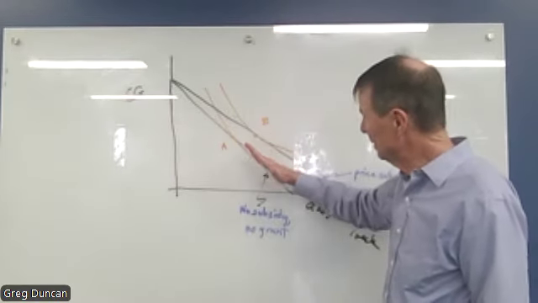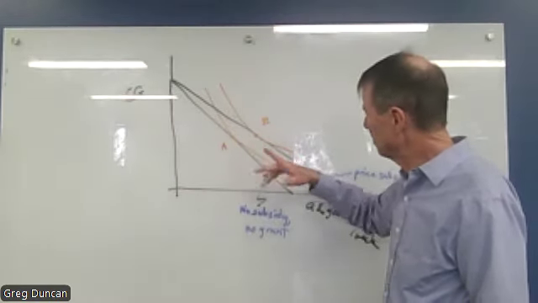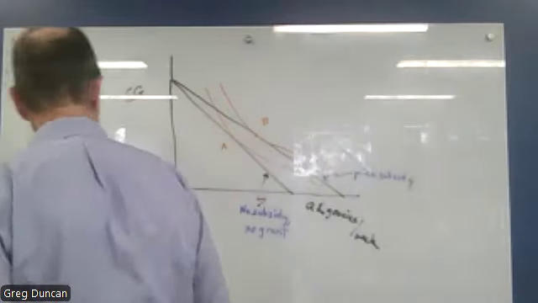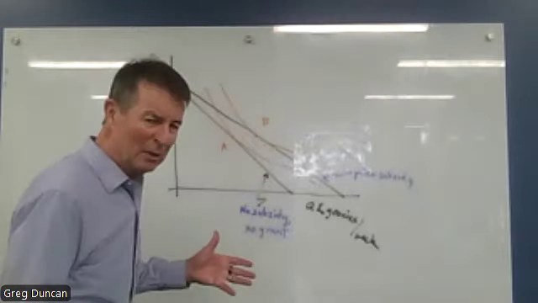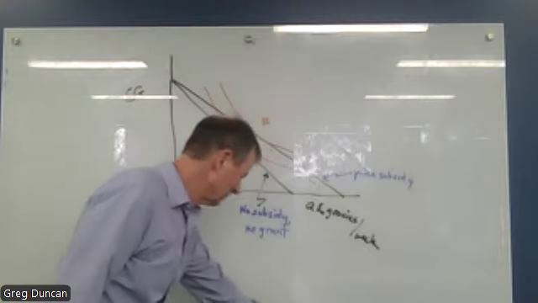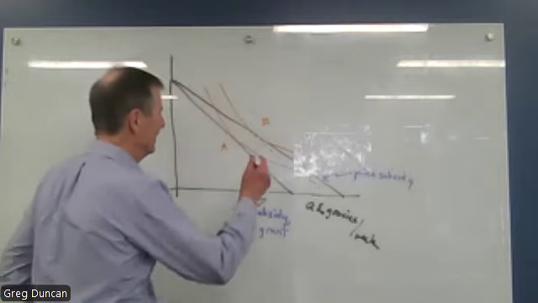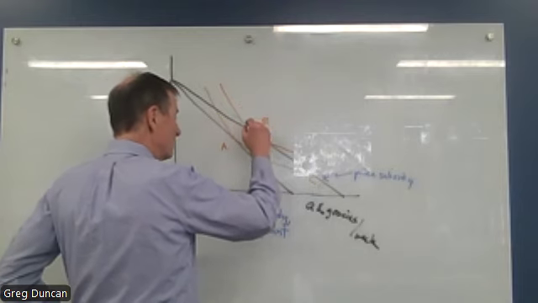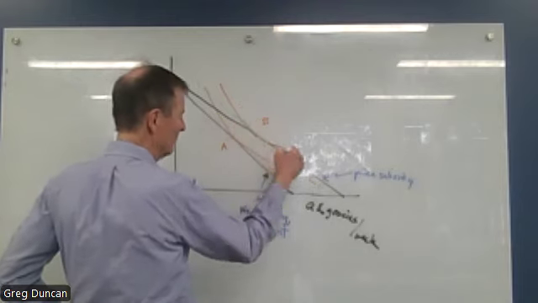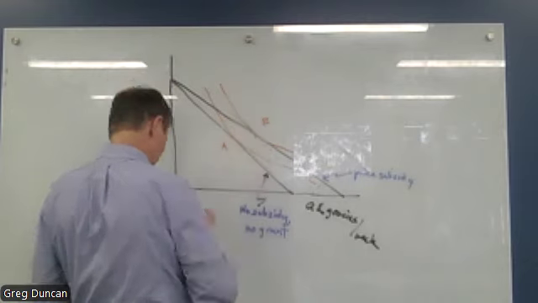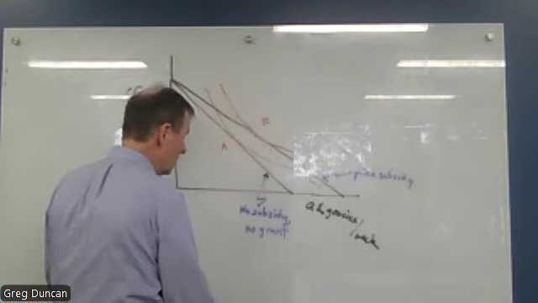It's parallel to the original, going through B. And if you look at the Fabio graph, it's very clear, but not if you look at my graph, that this budget constraint has this area above the second indifference curve. It's pretty small here. It's bigger in the Fabio example, where